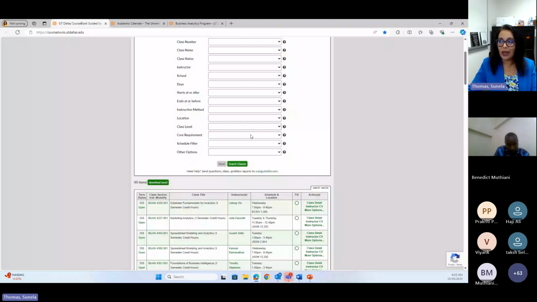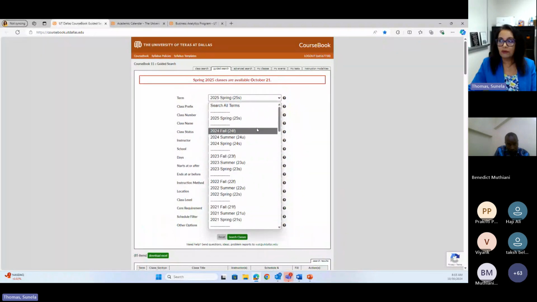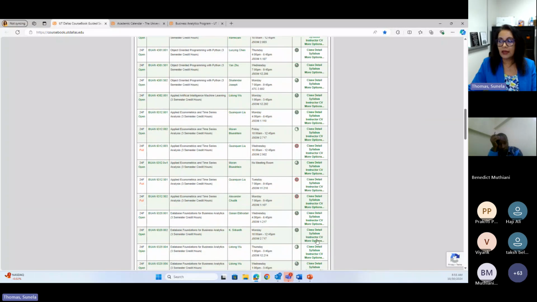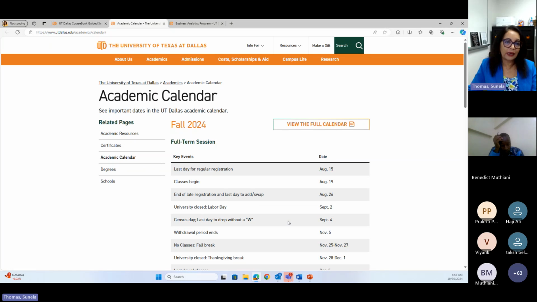Now, if you go back and do this for fall 24, you will see that there's a syllabus button here for a particular class and a particular instructor. For the spring semester, even though instructors' names are there, there's still a chance for people to move around. So you can look at multiple syllabi to get an idea of what that class is going to be.